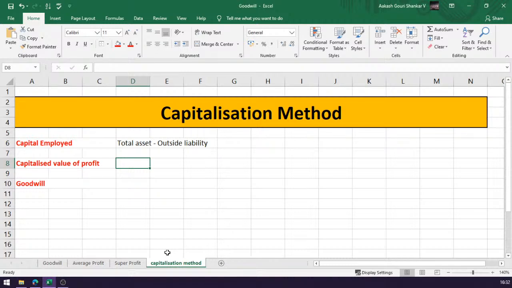Normally a business would be earning a profit. The profit can be either the average profit or the actual profit. The difference between the average profit and the actual profit is that actual profit means the profit earned in the current year only. Average profit is the consolidated average value of the profits of previous years. It is not a profit of 1 year. It is a consolidated average profit of previous years.